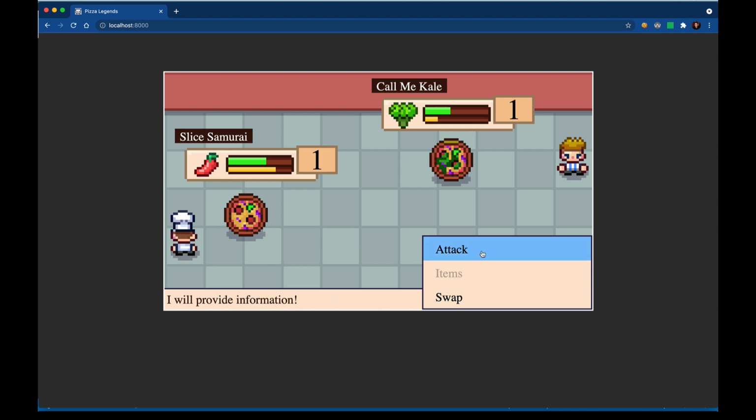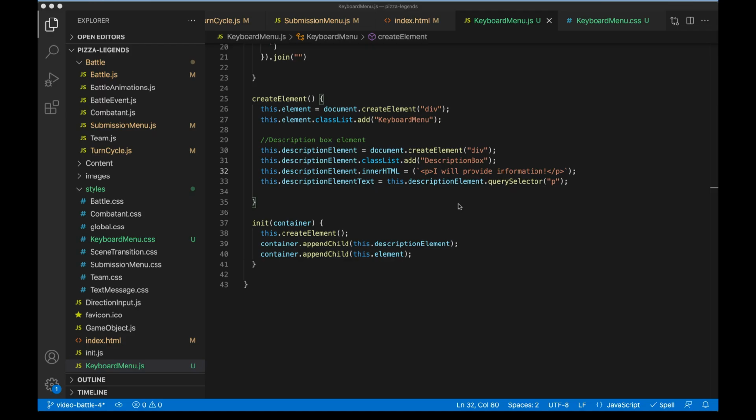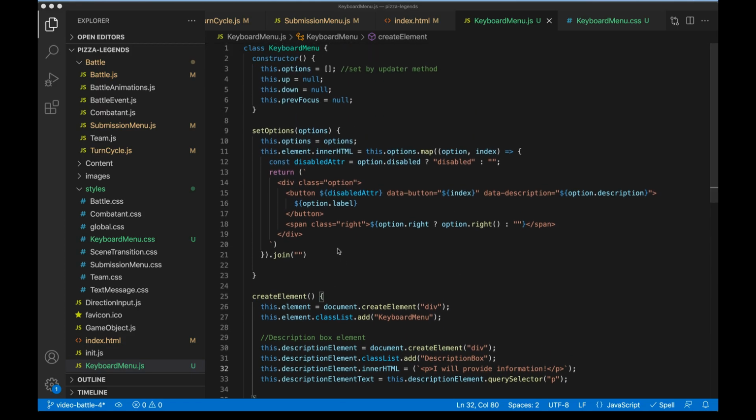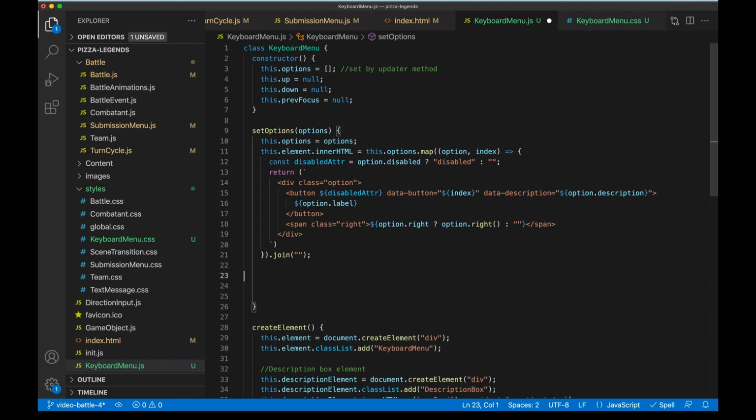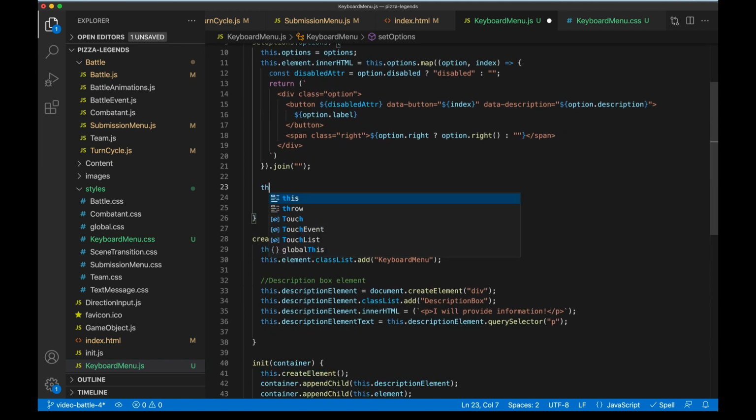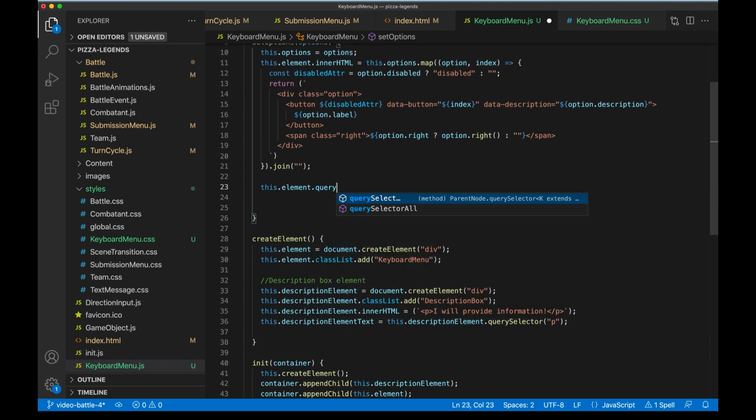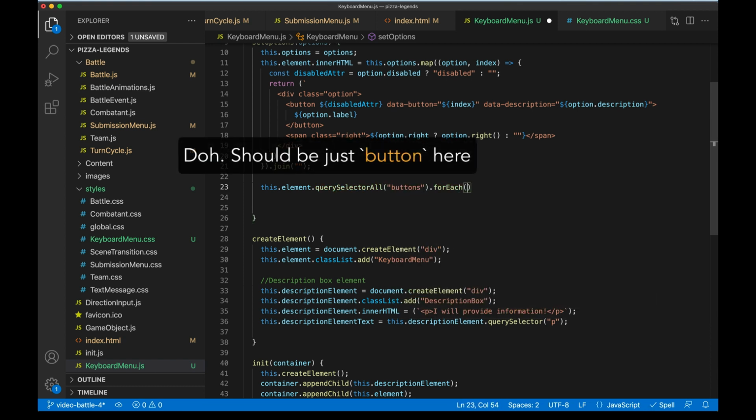And now what we want to do is add the bindings to make these both arrow controlled and to wire these two pieces together so that a description shows up here when it's selected. So let's come up to the loop where we're creating all these buttons. And right after we create the buttons, we're going to start adding listeners to them. So I'll say this.element.querySelectorAll to get all those buttons. For each button,